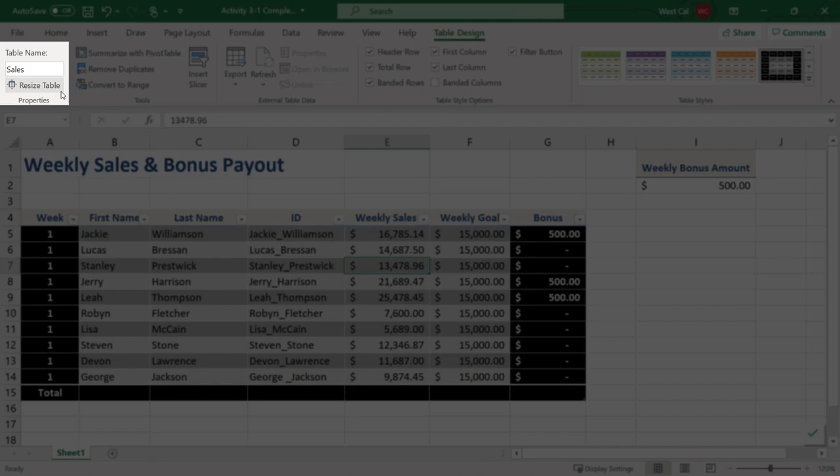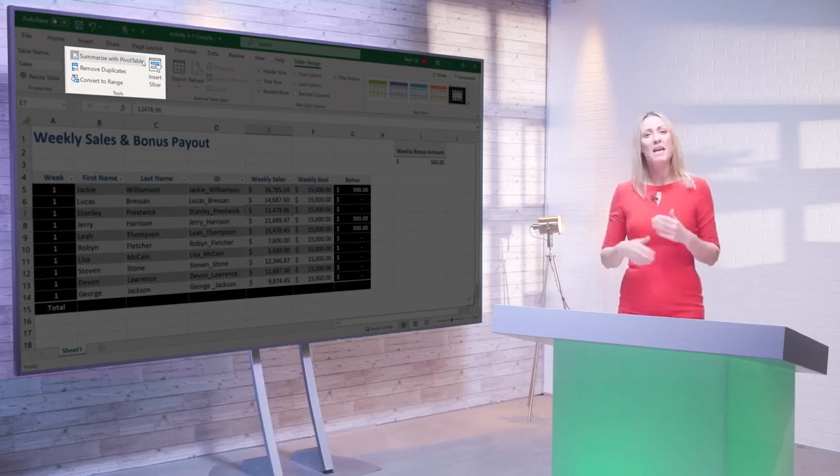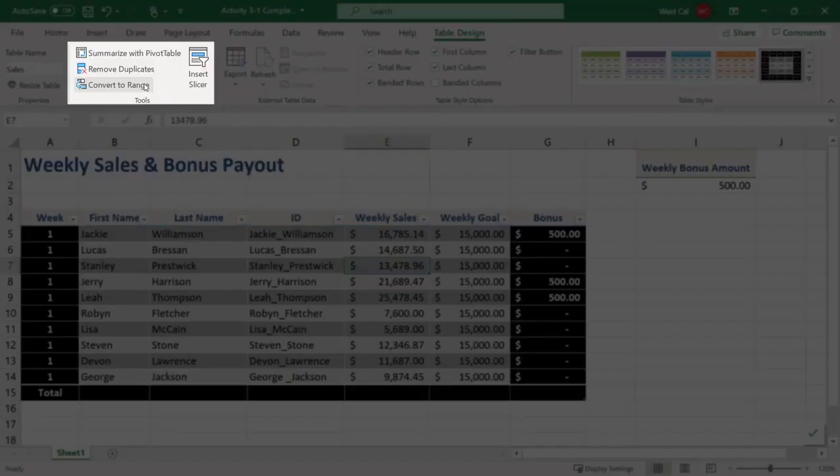Within the Tools group, you can remove duplicate values from your table using the Remove Duplicates command. You can use the Summarize with PivotTable command to create a PivotTable out of the current table. You will cover PivotTables in an upcoming lesson. And you can use the Convert to Range command to convert it back to a regular range. You can also insert a slicer into the table using the Insert Slicer command. A slicer is a graphic that you can add to the worksheet to filter the table data. It's a good effect for presentation of results to others and makes it easier for them to refine the